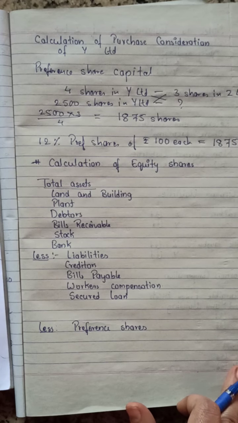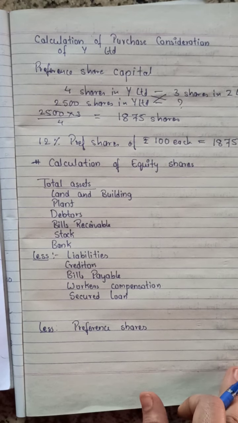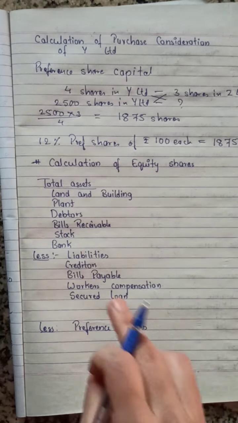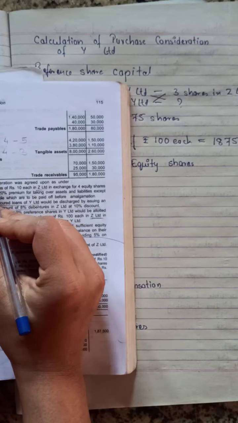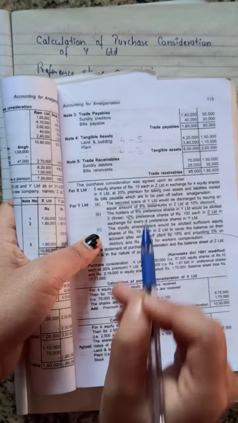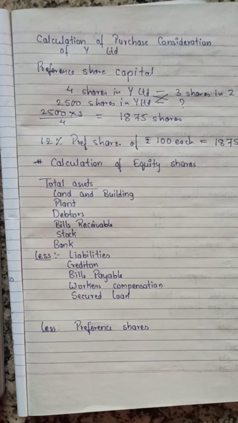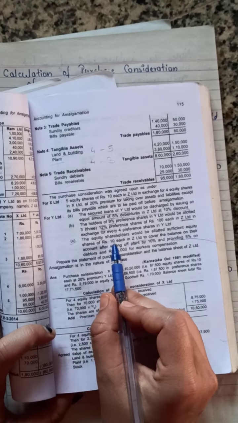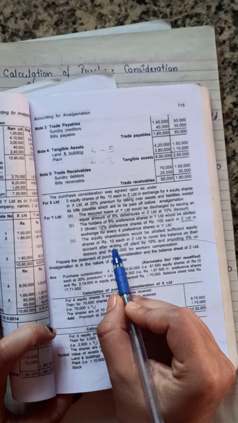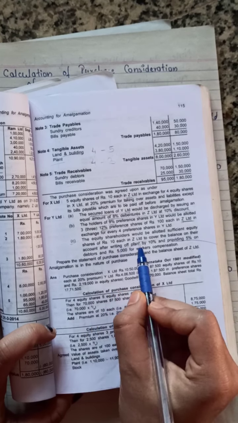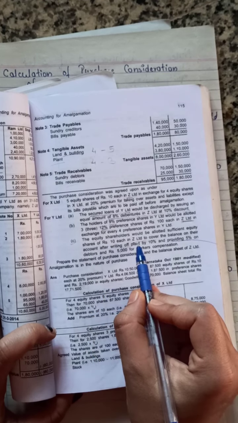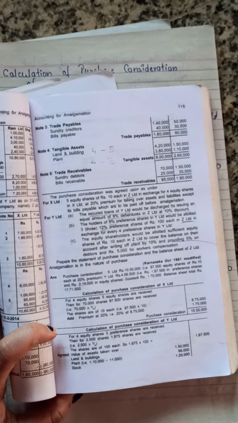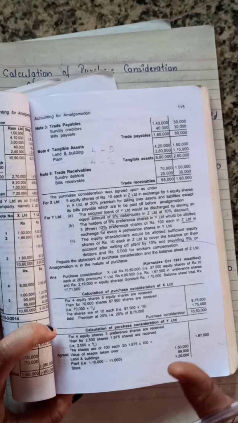Now we have to calculate the equity shares, but what they have told is that equity shares will be the balance amount of purchase consideration. So I have to calculate the purchase consideration based on the regular method, total assets less the liabilities. In total assets we are having land and building, plant, sundry debtors, bills receivable, stock and cash. They have told us here the equity shareholders would be allotted sufficient equity shares of rupees 10 each in Z Limited to cover the balance on their account, meaning the balance of the purchase consideration will all be issued in the form of equity shares.